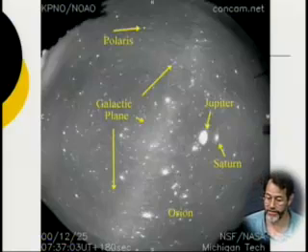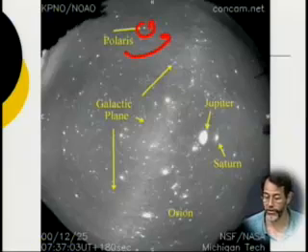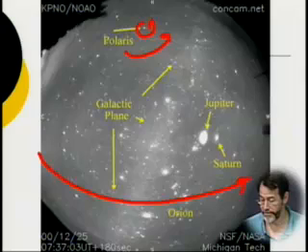So what happens is, as the Earth spins, Polaris stays still, and stars go around here. These stars just go a little circle around there, and they're always above our horizon. But these guys rise and set.